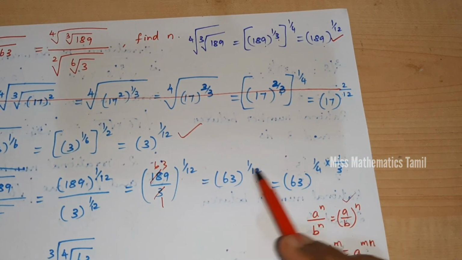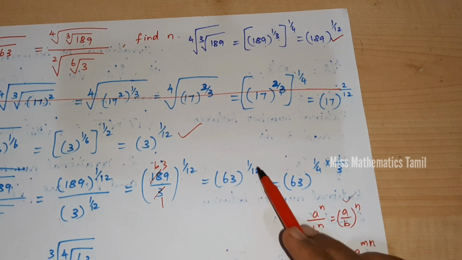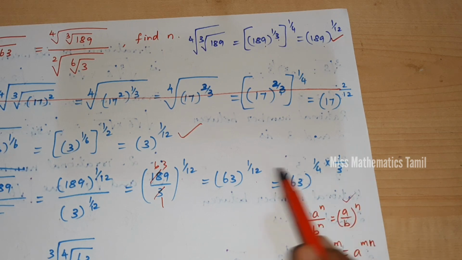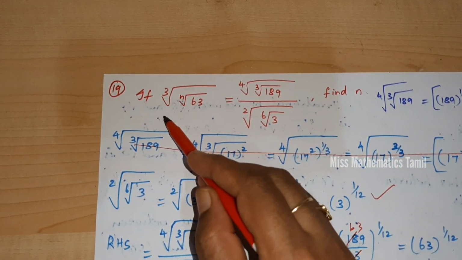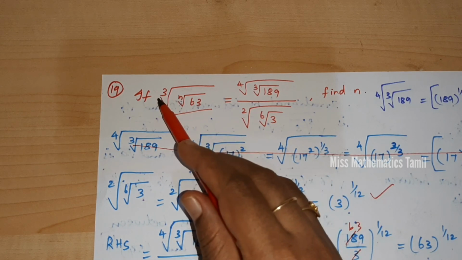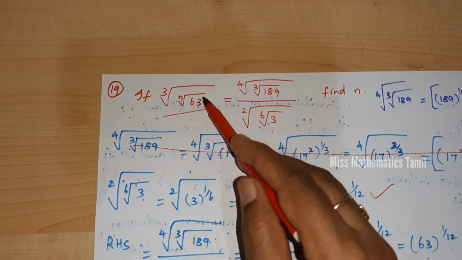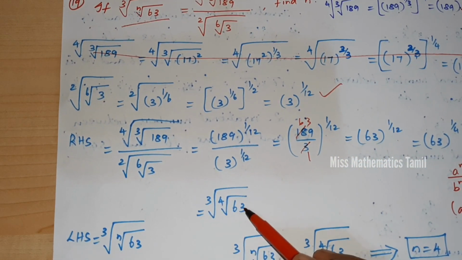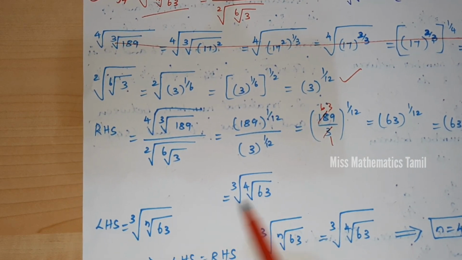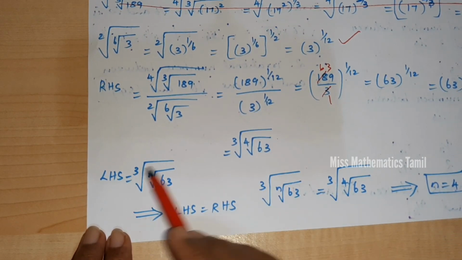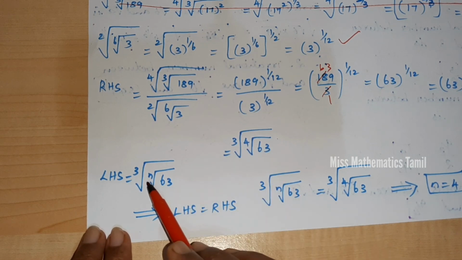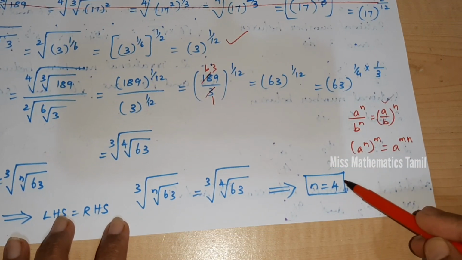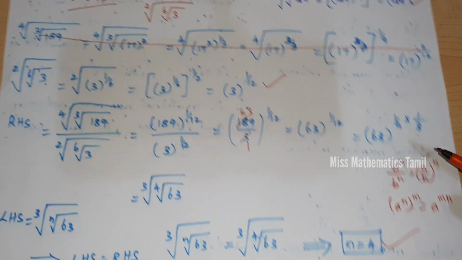Okay, so I am splitting here. Listen carefully. 1 by 12, I am splitting as 1 by 4 into 1 by 3. For what purpose am I doing this? Because I want to write it like this. In the sum they gave outside 3, inside n, 63, right? So I am writing like this, outside 3, inside n, 63. Let's check the left side, both answers. Here 3 outside 3, here 63, 63. Obviously n is equal to 4. Right? We found the answer, n is equal to 4. Okay, thank you for watching.